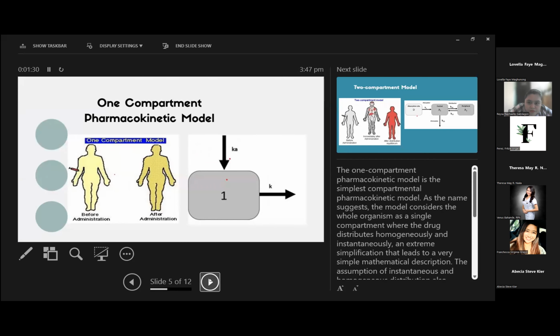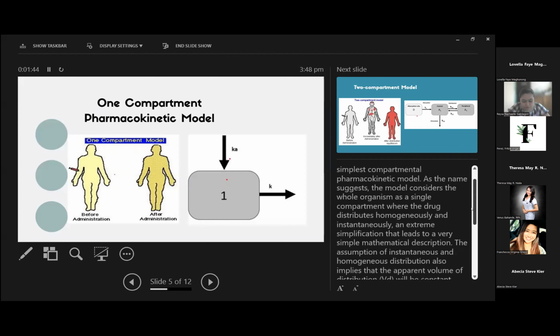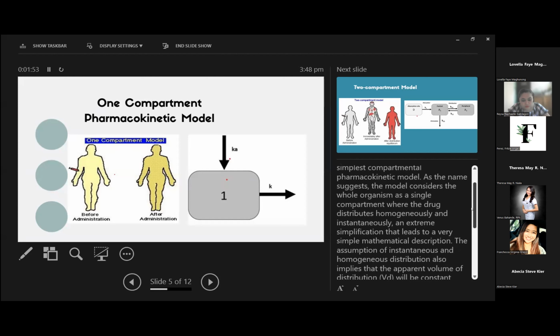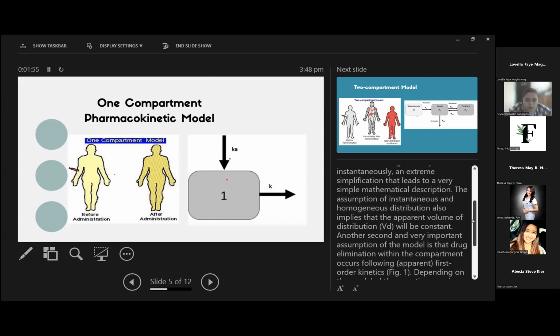So for the 1-compartment, it is the simplest compartment pharmacokinetic model, as the name suggests. It is a model that considers the whole organism as a single compartment where the drug distributes homogeneously and instantaneously. An extreme simplification that leads to a very simple mathematical description. So the assumption of the instantaneous and homogeneous distribution also implies that the apparent volume of distribution, or VD, will